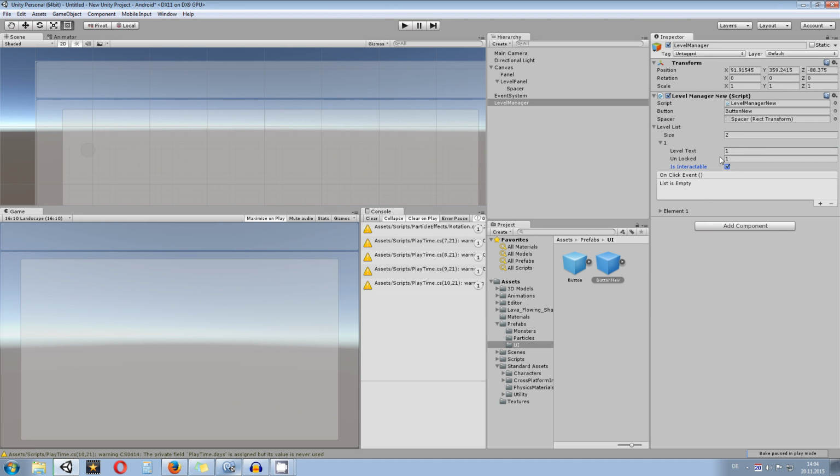Also later on I will go over and add the stars thingies, the game object things inside, but not for now, just leave it like it is. We can later on change all that anyways. So the next level, or basically the next button in the list, will hold the number 2 and is not going to be unlocked and is not interactable, and everything else will just be like it is. So I'm going to save the scene by Ctrl S